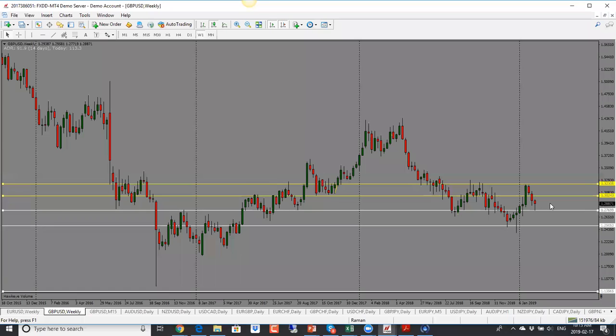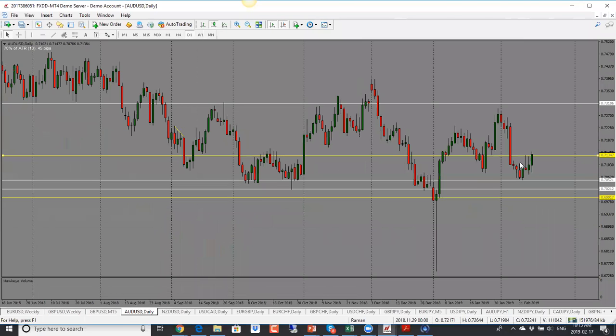And as you will have noticed, this has been a little bit sort of a range bound here as well, bigger range than we have seen in euro. But nonetheless, it's been going back and forth. There hasn't been any kind of clear trending move overall in the last several months here. So it's just been back and forth. So now looking for it to go into the 1.3020 level. And then if it gets through that, then potentially higher into 1.3230, back into the top of this range here.